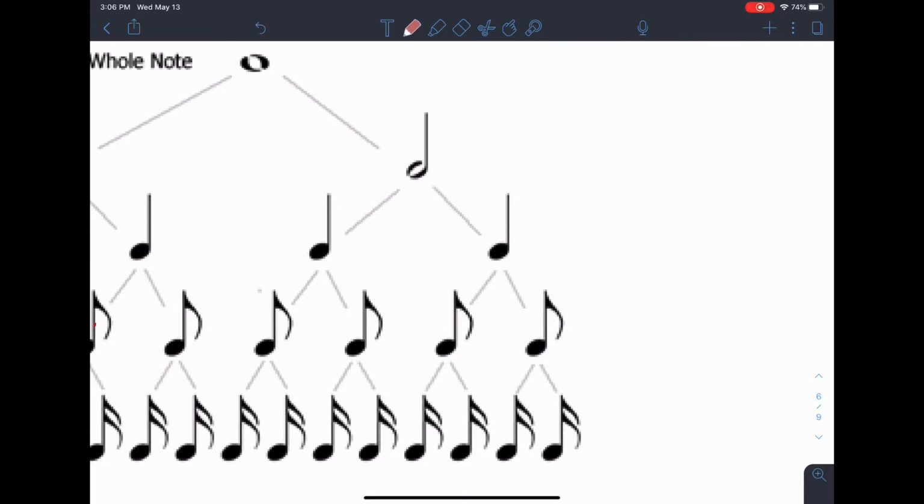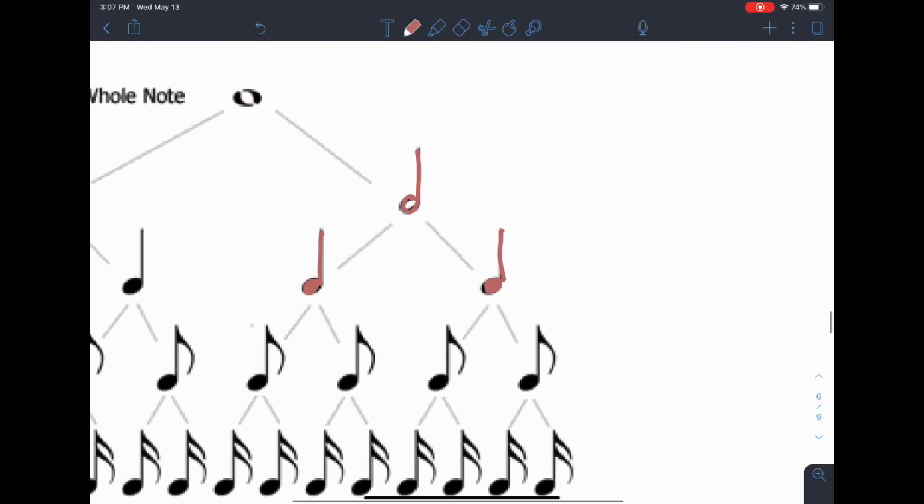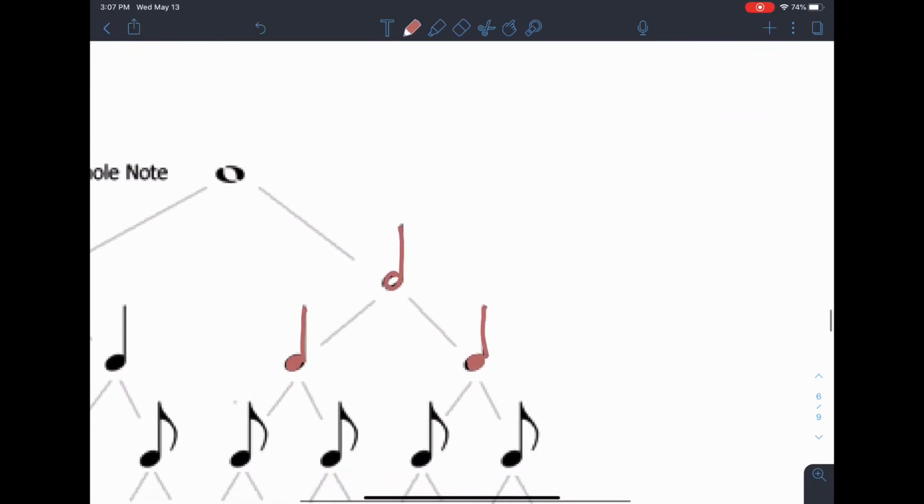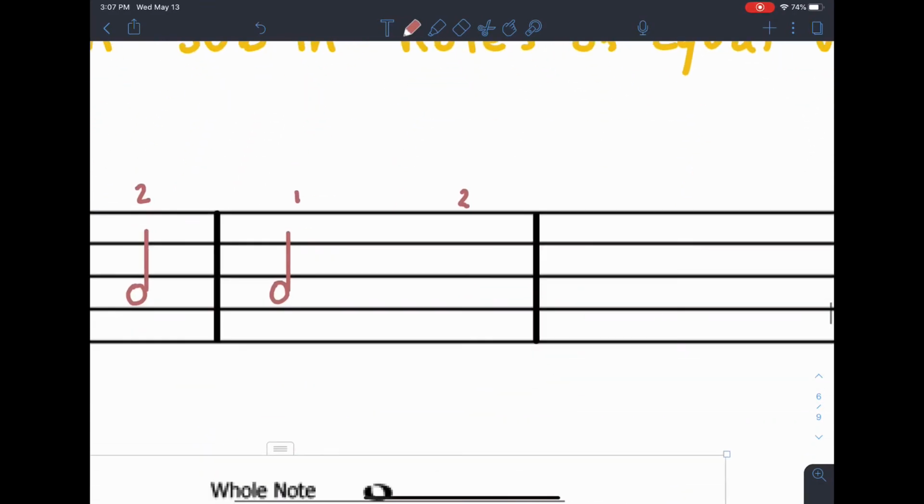So here is our first half note. We can sub in any notes that are equal in value to this half note. Here we have 2 quarter notes. 2 quarter notes are equal in value to this half note. That means we can sub in 2 quarter notes in place of this half note. So think of these 2 quarter notes replacing this half note. So let's try that. Let's put in